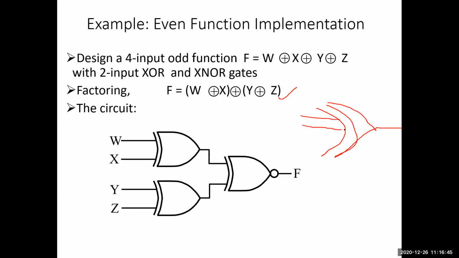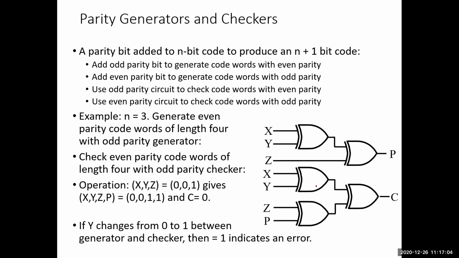But XORing of 4 inputs will be very much complex. So that's why we have used a simplified version where you'll be using only 2 inputs at a time, and again you'll be giving it to the XNOR gate. So this is how the simplified function for the even-odd function can be drawn. So let us see now the general operation of a parity checker or generator. It is generally called a parity generator or checker, depending upon the author who is using it.